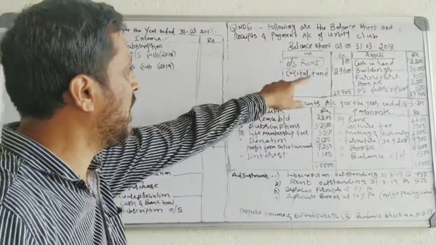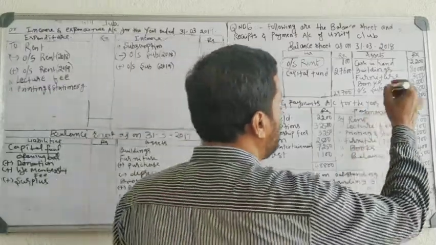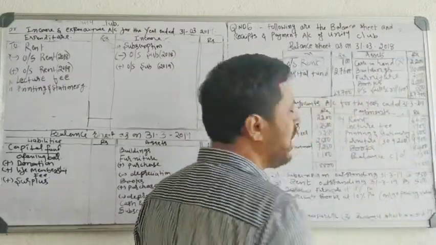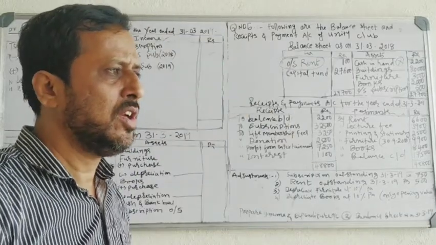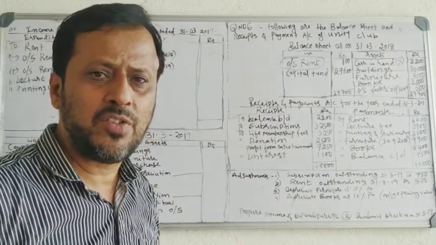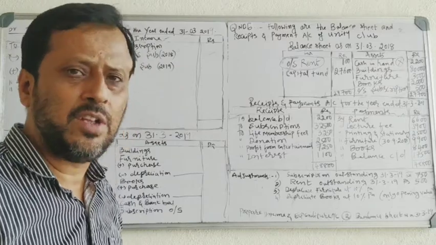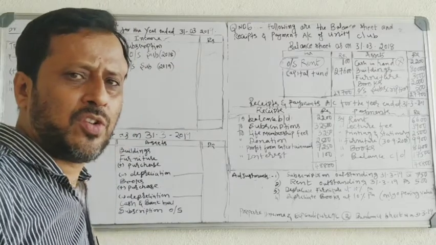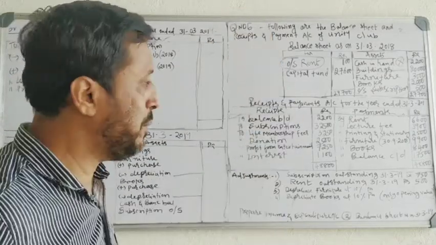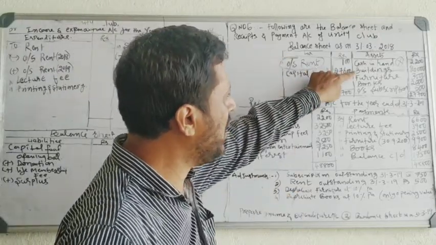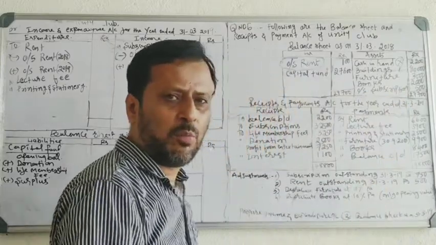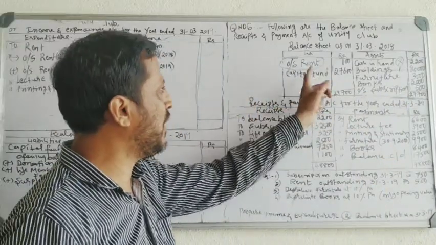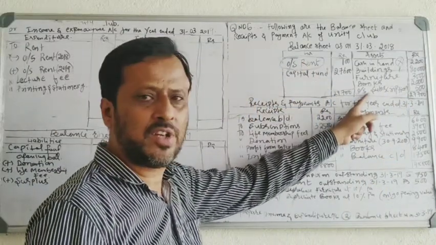Okay. Now see the other items in the last year balance sheet. Cash in hand. This is last year cash in hand. Don't take it. This is the last year cash and bank balance, that is 2018 cash and bank balance. We are doing 2019 financial statements. So don't take 2019 cash and bank balance. See the other items. Building asset, furniture asset, books asset. And you have two outstanding items, outstanding rent, outstanding subscription.